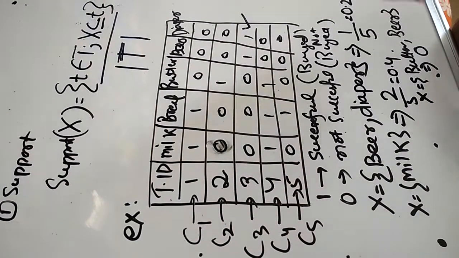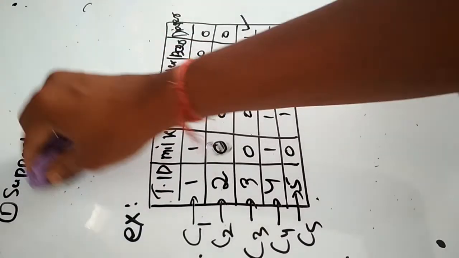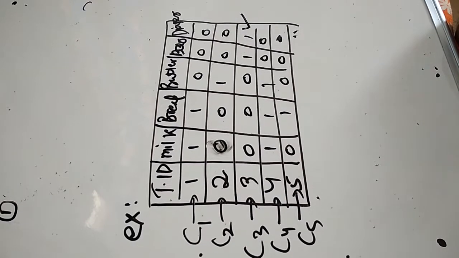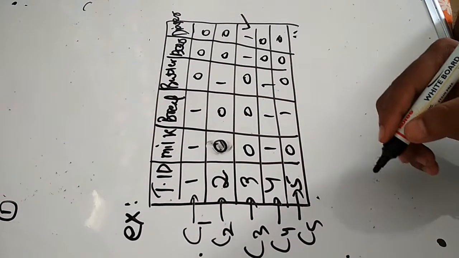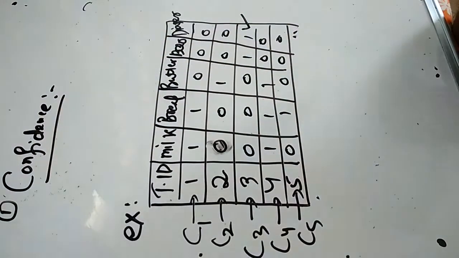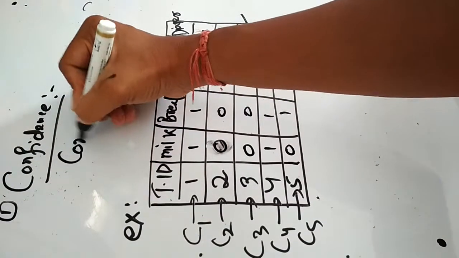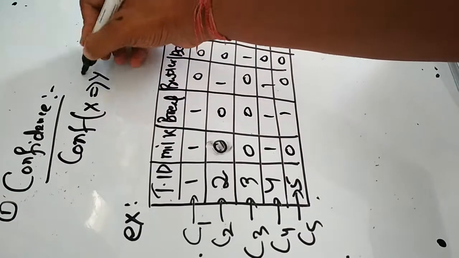Okay, so another term we will see, another parameter. That parameter is called confidence. So what is confidence? Confidence is the indicator of how often the rule has been found true. Means you are finding a rule that if a person is taking milk, he is taking bread also. So what is the confidence of that rule, that he will take milk, means he will take bread also? That can be represented like CONF, confidence X on Y is equal to